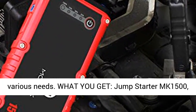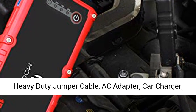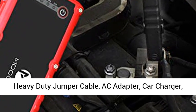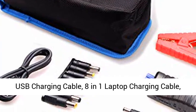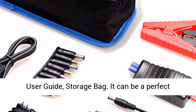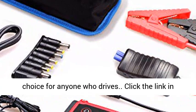What you get: jump starter MK1500, heavy-duty jumper cable, AC adapter, car charger, USB charging cable, 8-in-1 laptop charging cable, user guide, storage bag. It can be a perfect choice for